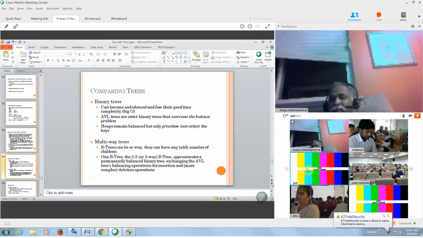Multi-way trees, that's where B trees come into play. And we said that they are used for